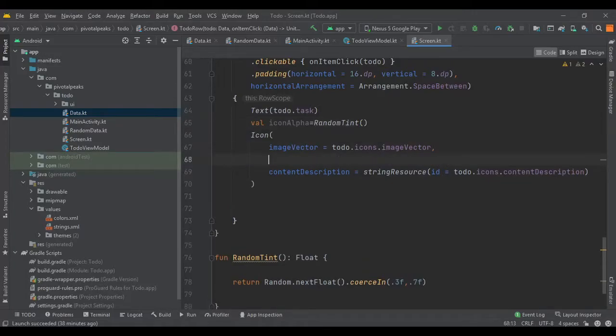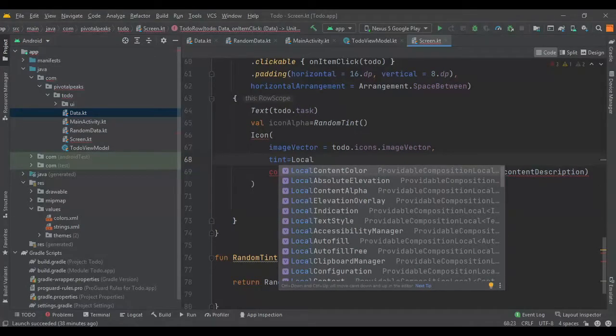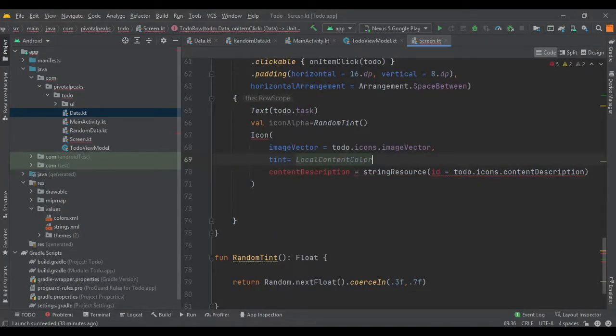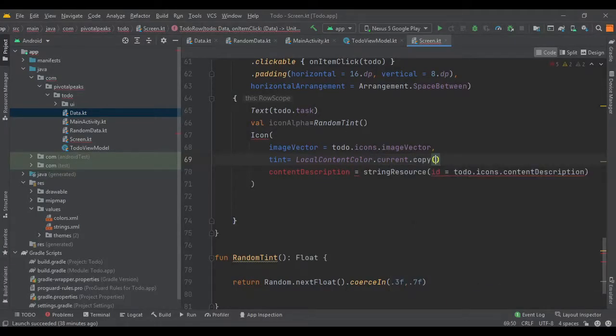So let's give the tint value to our icon. Tint equals LocalContentColor.current.copy, and we need to provide the tint color.